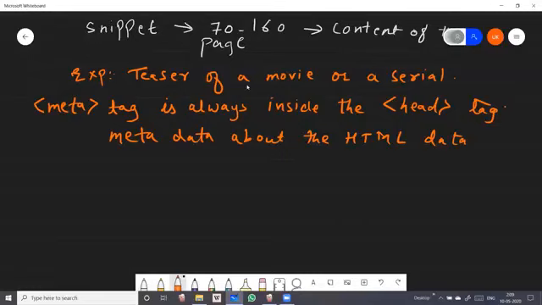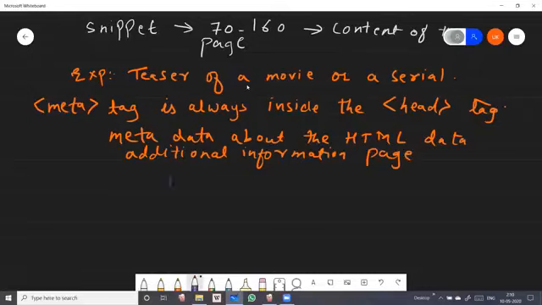Okay, and it provides additional information of your page. Getting it? And it is an empty element. You have to remember this also, student, that it is an empty element.